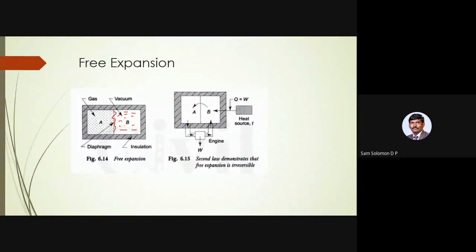We are talking about some virtual situation which in reality is not going to happen, because we don't have an engine which can convert or tap the molecular internal energy of a gas. So the molecular internal energy of the gas is converted into work, and in the event of that conversion, it has lost its molecular internal energy. So if I have to bring that back to A, I have to raise the molecular internal energy so that it goes back to A.